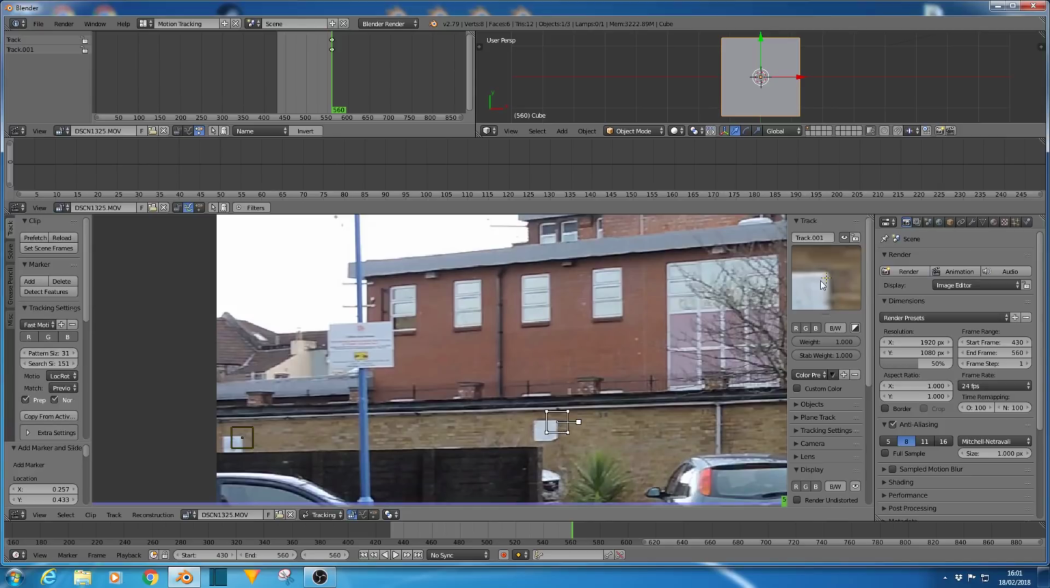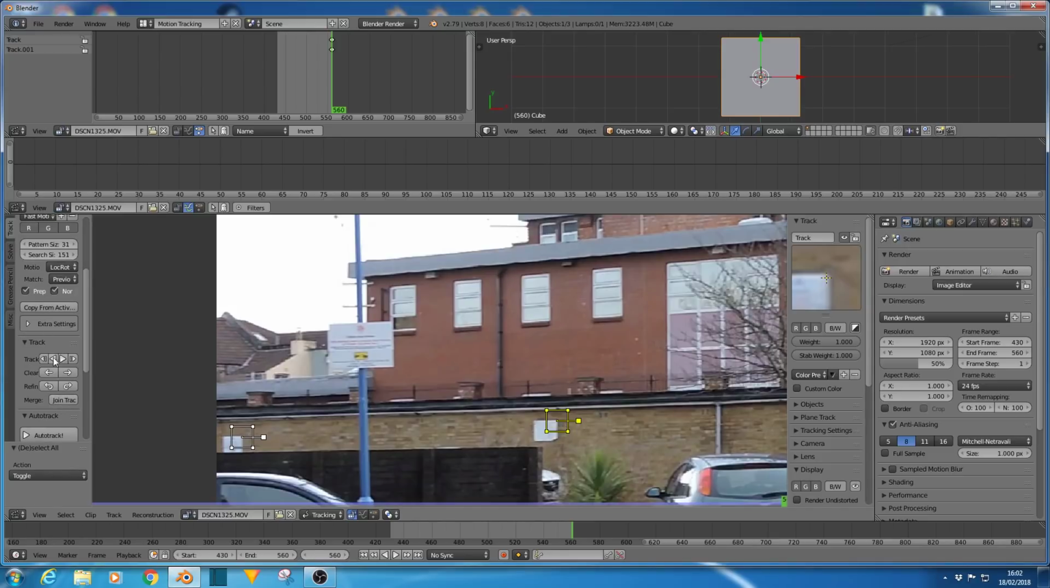So now I have that, and I'm going to drag that one just so it's on the corner of that sign. Now I'm going to select that one, and that landed fairly accurately. And now I need to select both markers by pressing A twice so that both are active, and then we can come down and just track those two markers. Let that run through for a second, and we are at the end of the scene, so nothing happened. So if I track backwards instead,